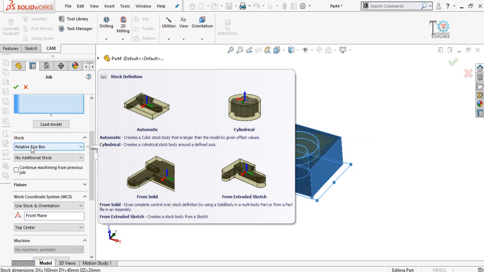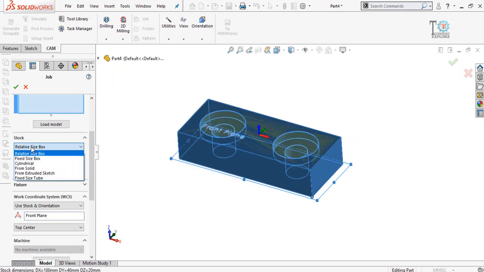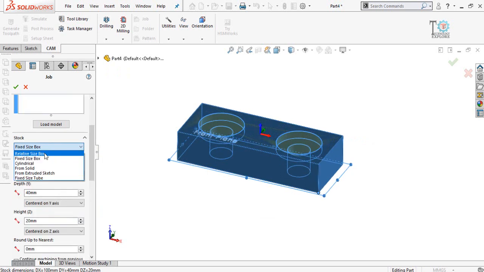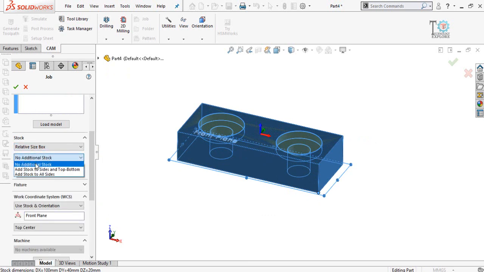So select the type of the stock. You can select one of these options. I can also select relative size box. In this option I have to select add stock to all sides.